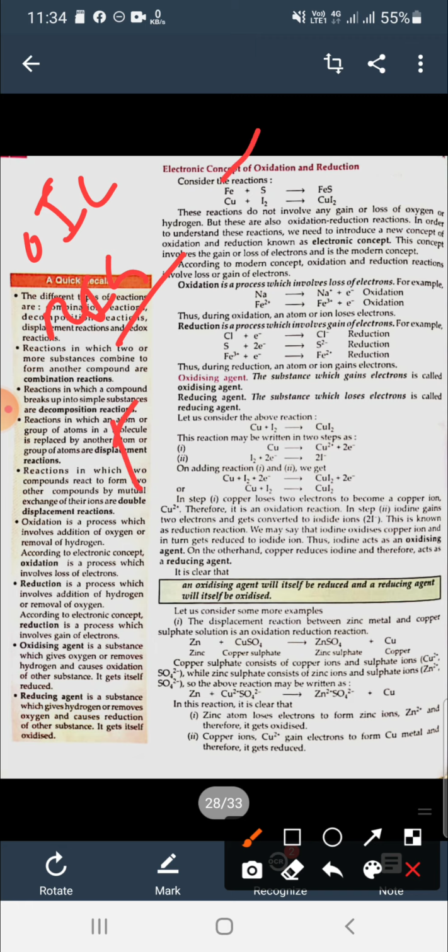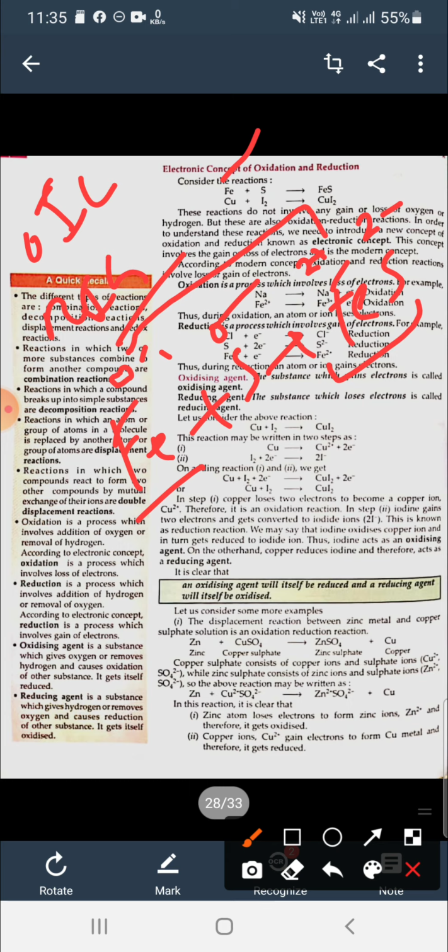So in this particular example, iron plus sulfur gives you iron sulfide. As you know, when they are present in their elementary state, oxidation state is considered or written as 0. So here iron is present in its elementary state, we can say that oxidation state is 0, and for sulfur that is also 0. But here, as you know, sulfur contains negative 2 charge, so it means iron contains positive 2 charge.